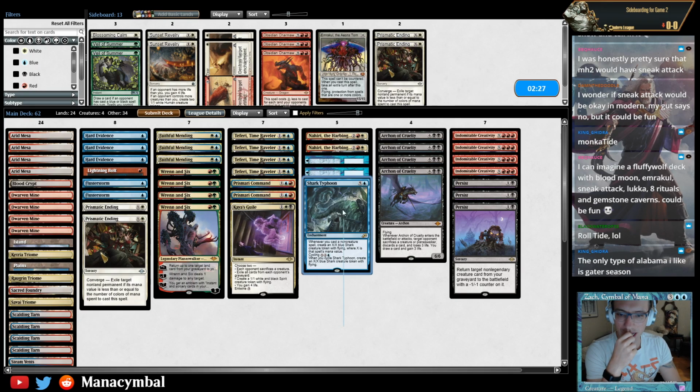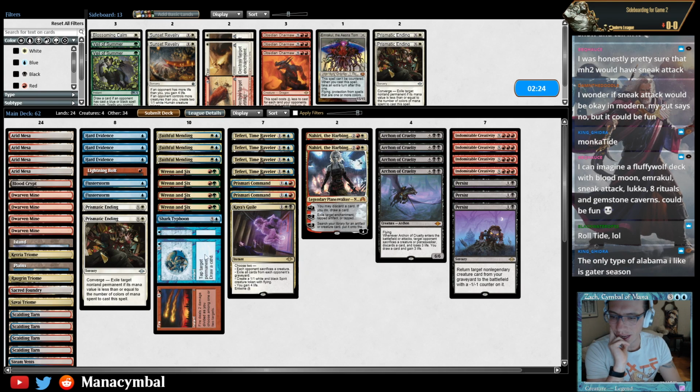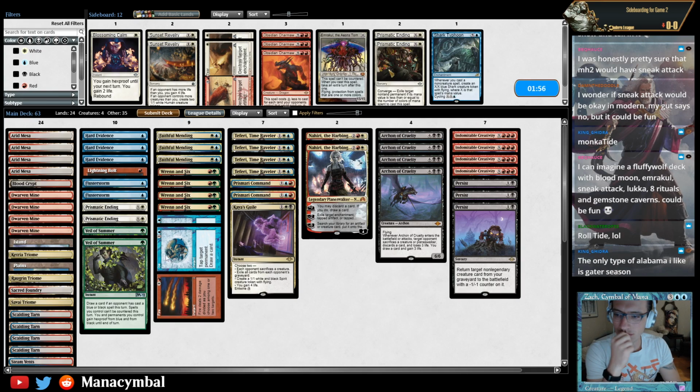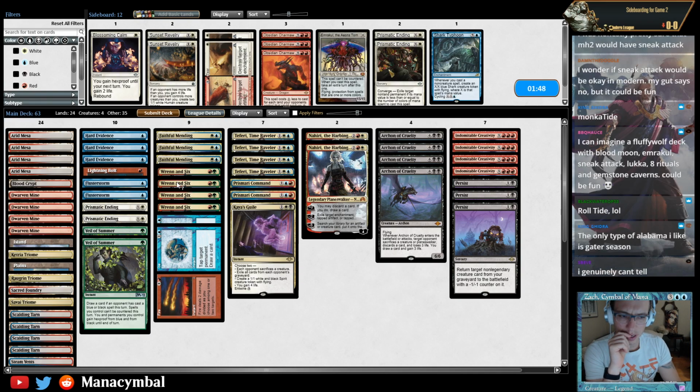I know they have Monkey. I know we saw Monkey. But we're on the play this time. We've got Fire // Ice. We've got Bolt. We've got Wrenn and Six. I think I want the Veils, but it's hard for me to figure out how I'm supposed to fit them in. I think I don't want Shark Typhoon. I honestly wonder if I'm supposed to trim Persist, since now they're going to board in their...